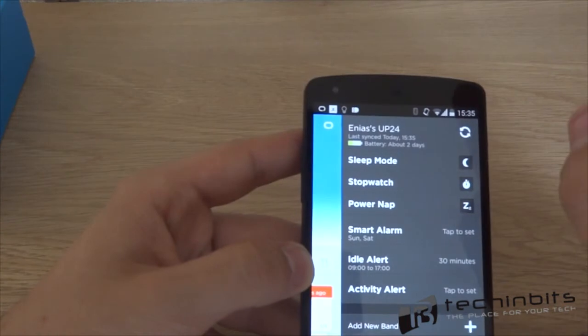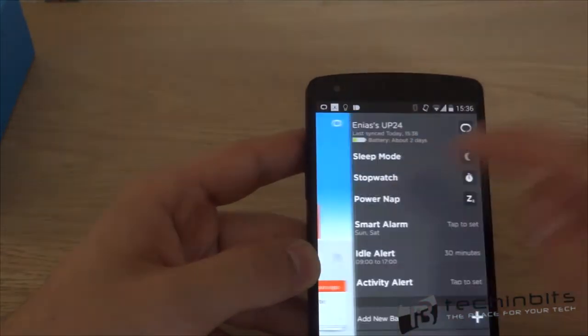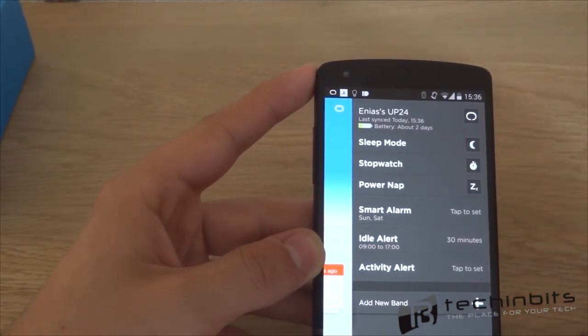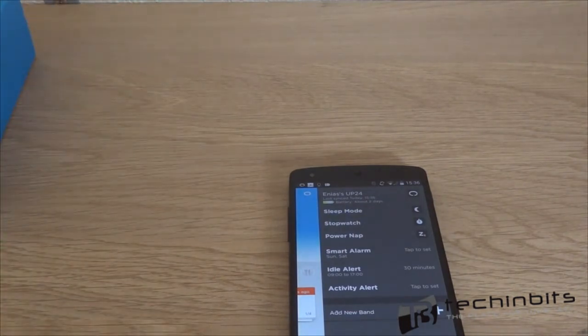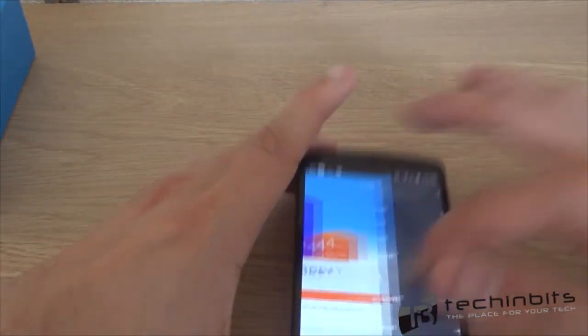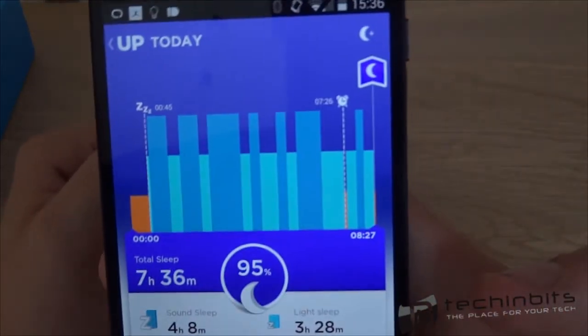So what I do is I set my alarm right here, and it buzzes me awake, but since I'm in a bed with my girlfriend, she doesn't get up as soon as I do, thanks to that smart alarm. I must say it's really an advantage, because I noticed that once I get up with the smart alarm, I am more awake than I would be when another alarm goes off. For example, today, my alarm was set for 7 o'clock,